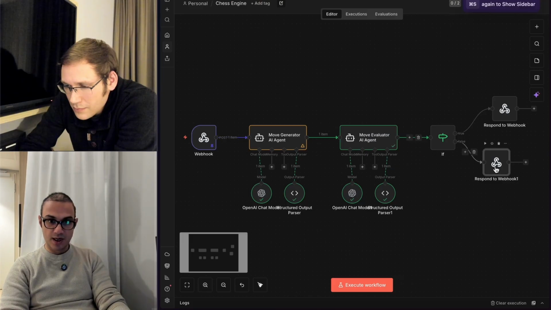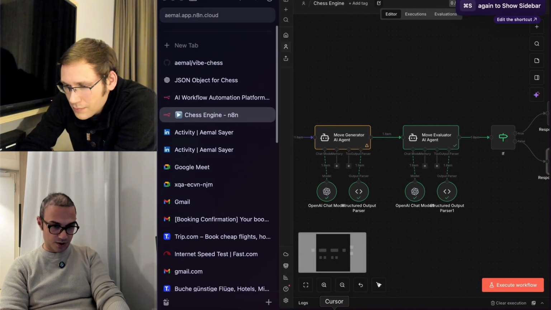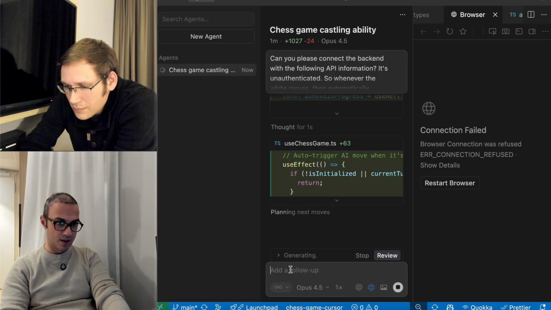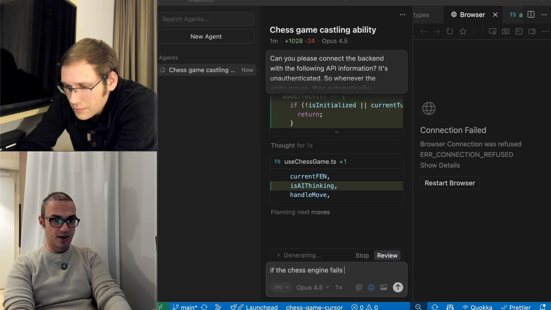So something like that. Now, what I want to do is tell Cursor if the chess engine fails to